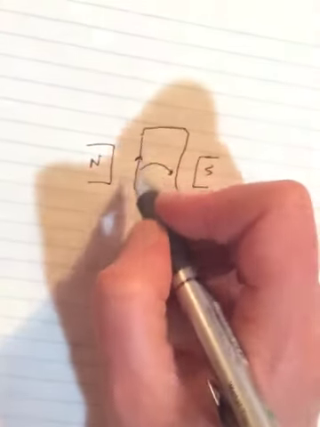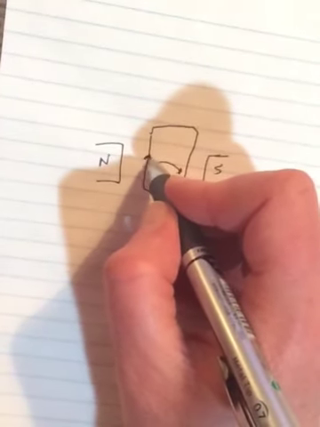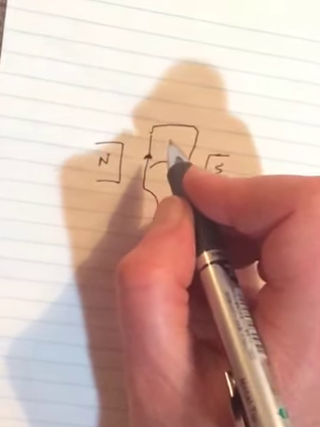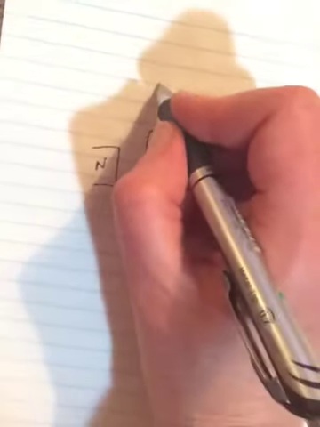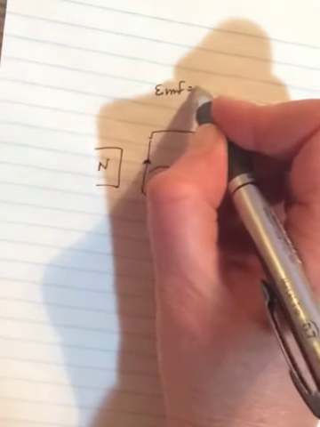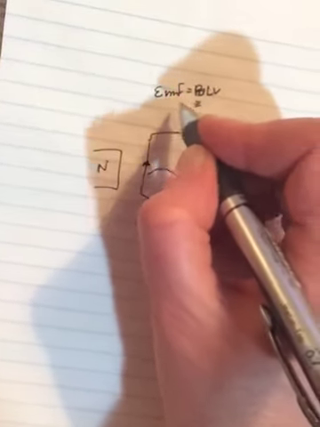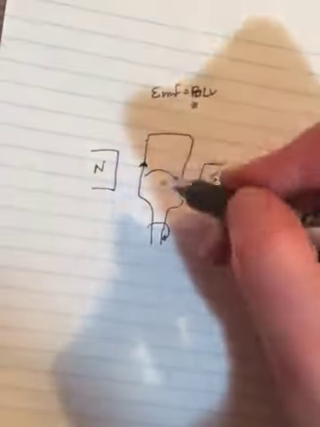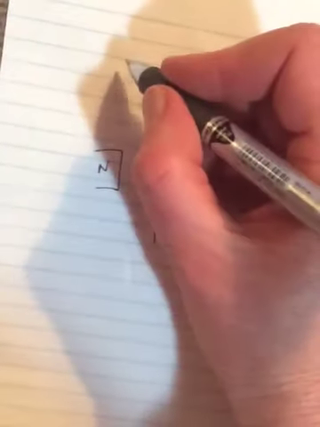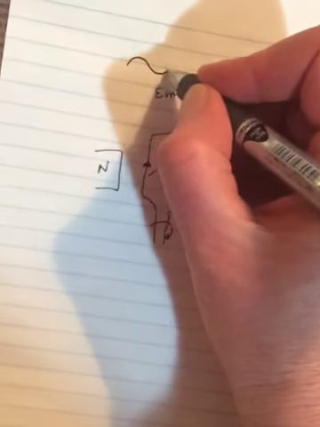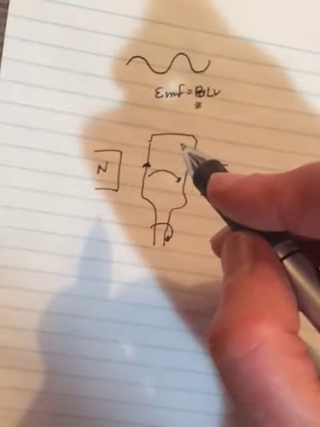A changing field is going to cause an induced current. And so the current's going to flow in this side of the wire in a particular way. As it comes up, the field's getting less, and remember, EMF is equal to BLv. So as the field gets less, the voltage that's going to be induced, which then creates a current, will be tiny. And so that's where we had said it's sinusoidal. The current that's induced is going to change as you come up out of the field